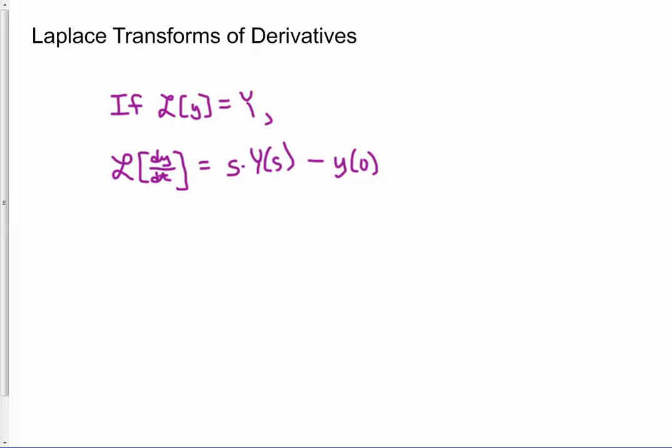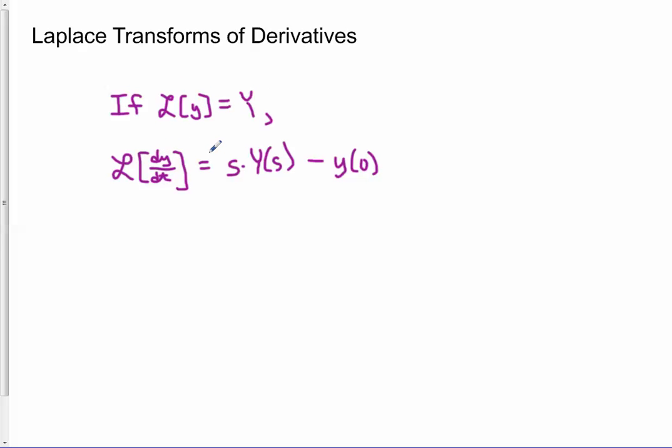In this video, we are finally going to start to see how Laplace transforms might help us with differential equations. And it comes from what we're going to talk about now, which is a property of the Laplace transforms about how they deal with derivatives. And here's the rule. If the Laplace transform of a function little y is big Y, then the Laplace transform